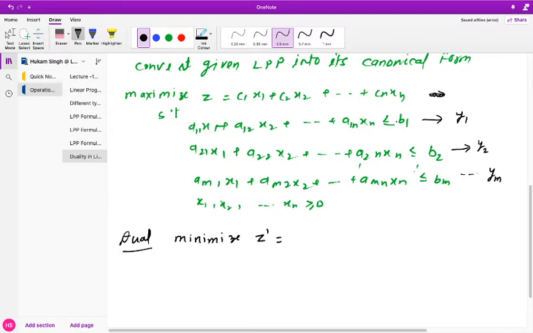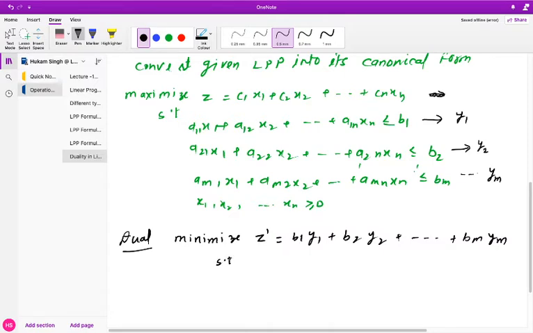Now instead of the costs, the dual decision variables are going to be multiplied by the resources, and we take the sum and then minimize it. So the objective of the dual is going to be b1 y1 plus b2 y2 plus dot dot bm ym,